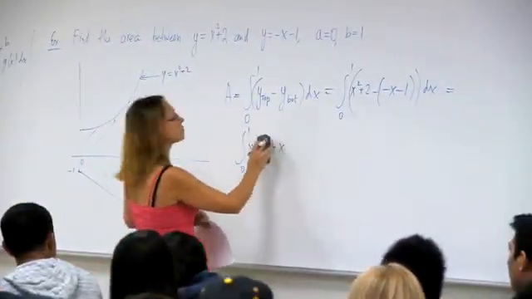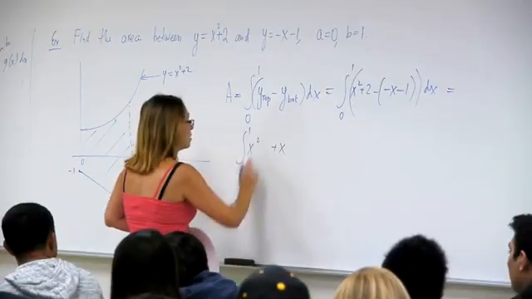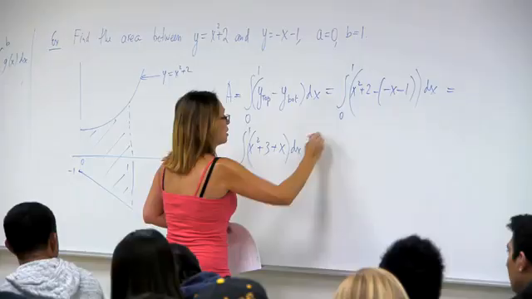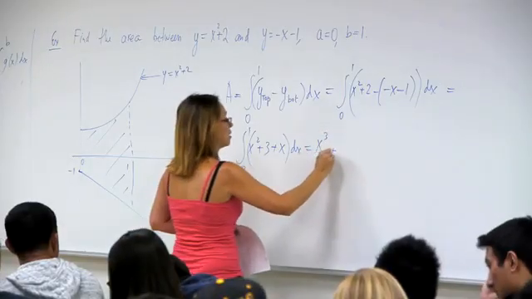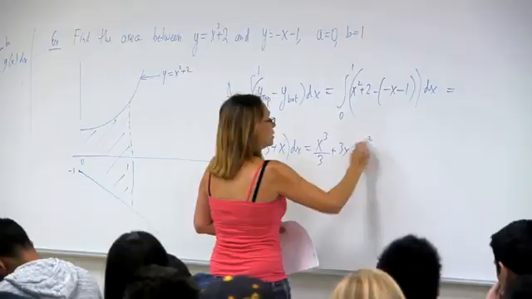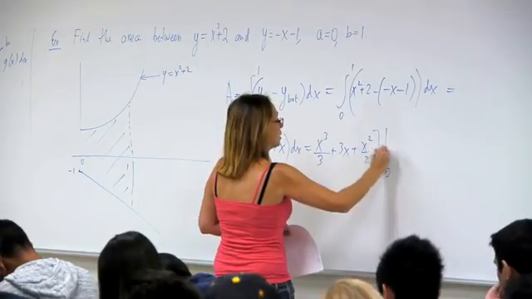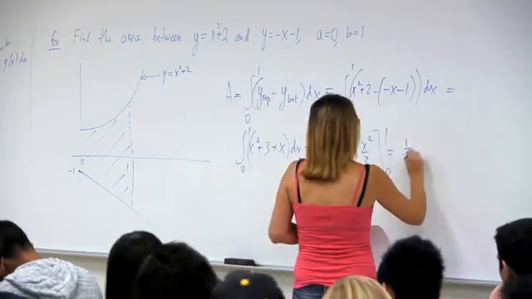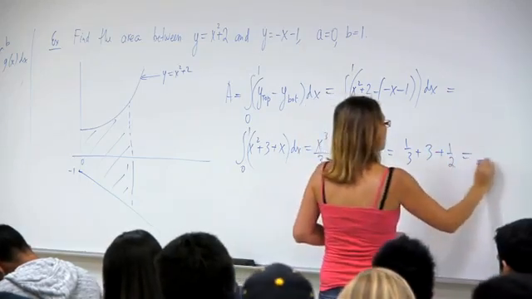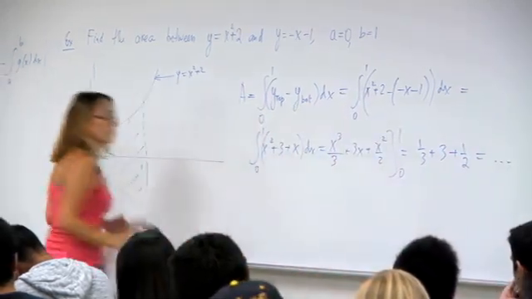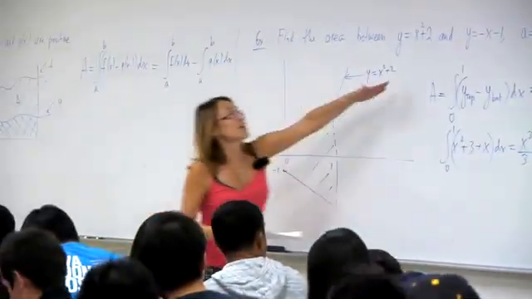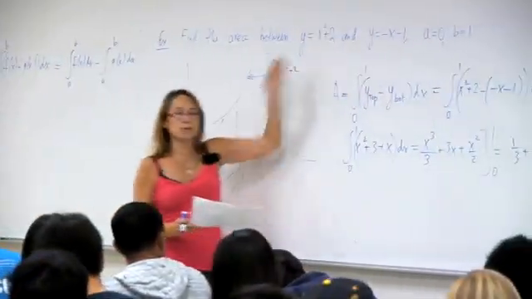Also, so I have 1/3 plus 3 plus 1/2. You simplify, okay? So in general, in this case, I know exactly which one's on top, which one's at the